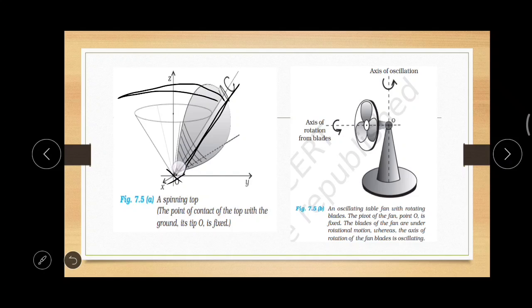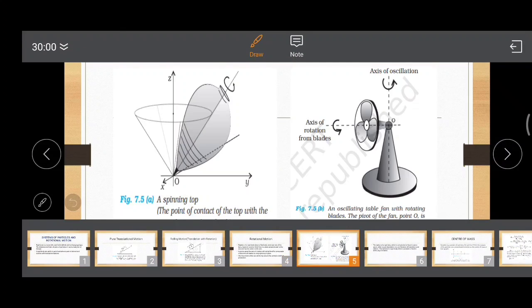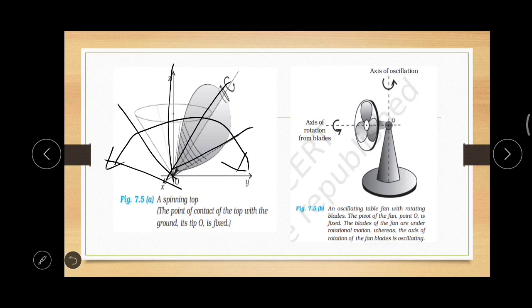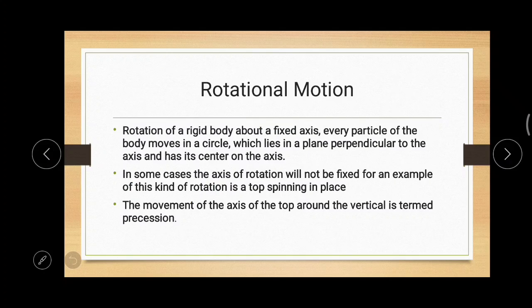So here the axis is not fixed, but the point upon which the rotation is happening is fixed, while the axis is varying from point to point. You can see here the axis of rotation is here. In the given figure, the axis of rotation can be over here, here. Likewise, it is changing from point to point. So in such cases, the axis of rotation is not fixed, and